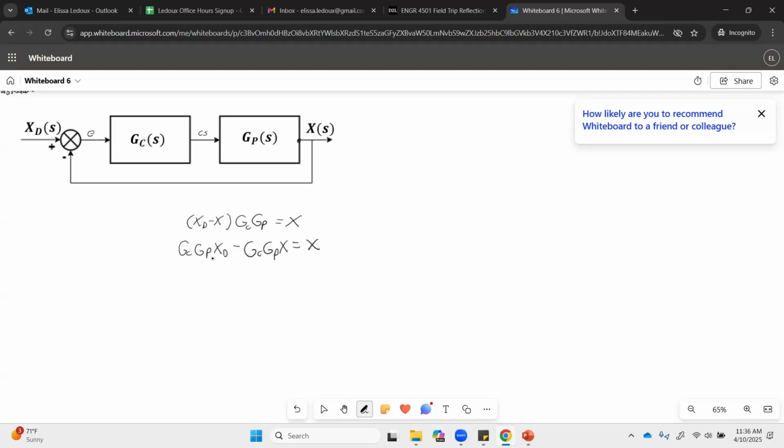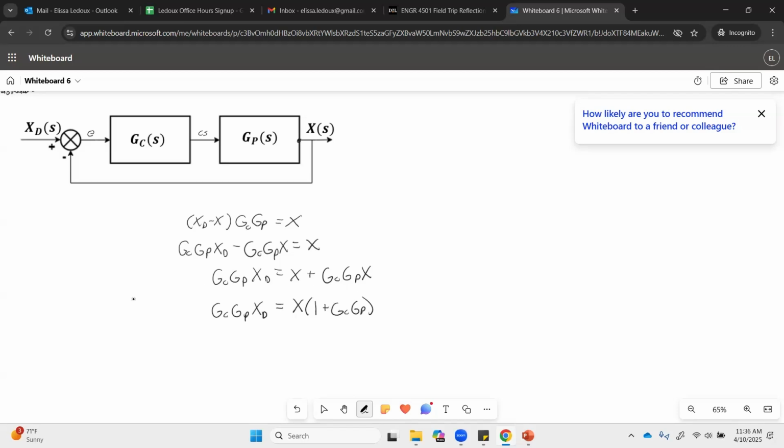Okay, so now we'll move that other one to the other side, get all the X's on one side and the XD stuff on the other side. So here we have GC GP times XD equals X plus GC GP times X. So GC GP times XD equals capital X times 1 from the first part plus the GC GP